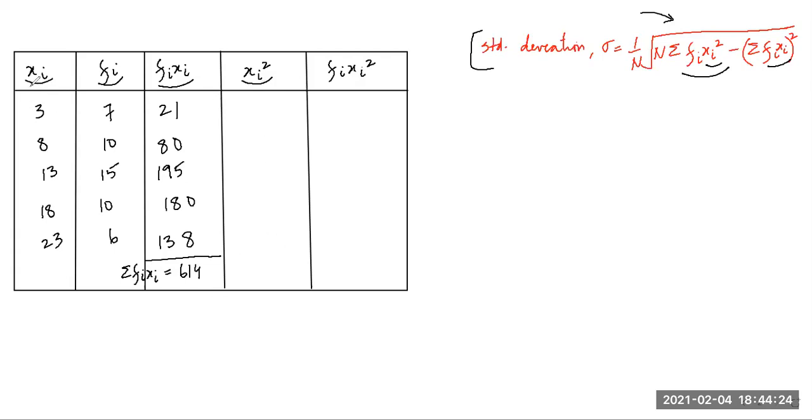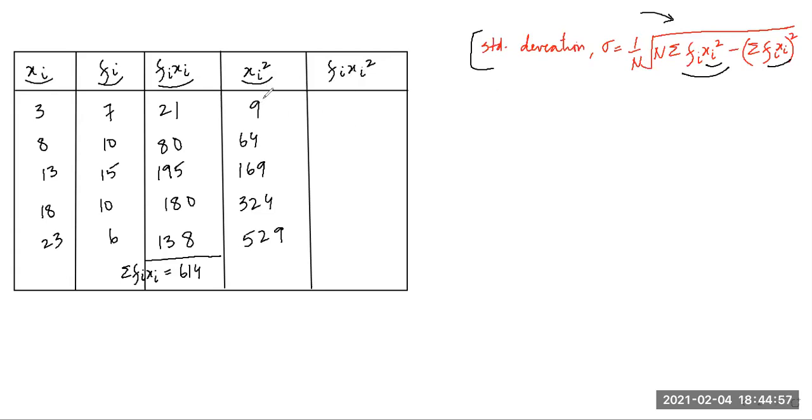Then xi square. So xi is 3. Student Ishma, please help me to complete this. 9, 9, 64. Then 3 to 4, and 5 to 9. 169. 13 square is 169. Then correct, 3 to 4, and 23 square is 5 to 9. I need not do the summation because I don't need summation xi square. Rather, I need fi xi square.